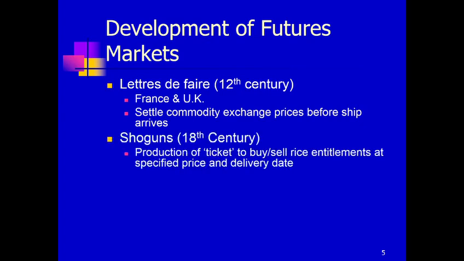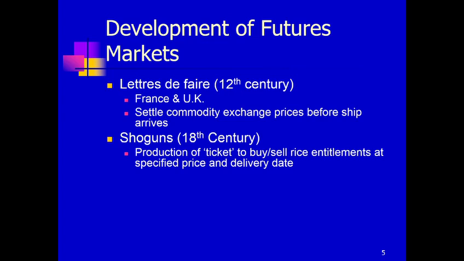Another example that I can provide is in Japan during a period of time when they had various warlords that controlled different areas in Japan. So they were referred to as shoguns. So in the 1700s, shoguns used to trade tickets with one another. These tickets were for what we call rice entitlements. If you were a warlord, a ruler of a certain area, and you needed more rice, you could go to other rulers and purchase these rice entitlements, these tickets. You pay for it at a certain price that's determined today, but you pay for it in the future when the rice is harvested. So again, this is another form of a futures contract.